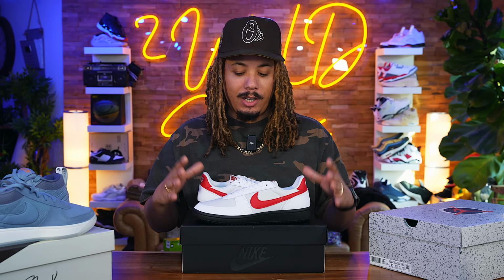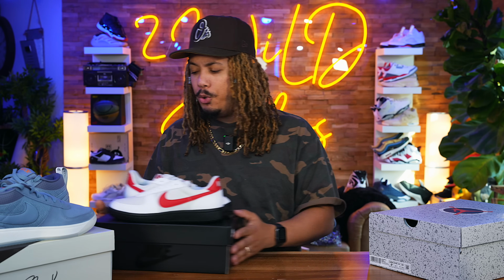Nike and Union are collaborating on the Field General for 2 different colorways. Maybe one is going to be exclusive to Union only, and the other one's going to be online to the masses. But I do know that the Union and Nike Field General will be having a collab coming out later in the summertime for the most part. So stay tuned, February 29th. Last but not least,